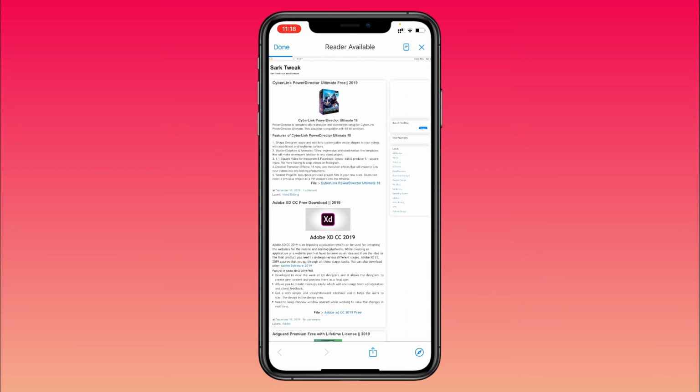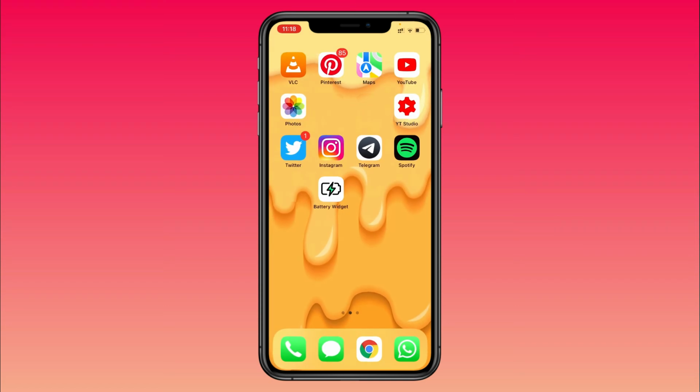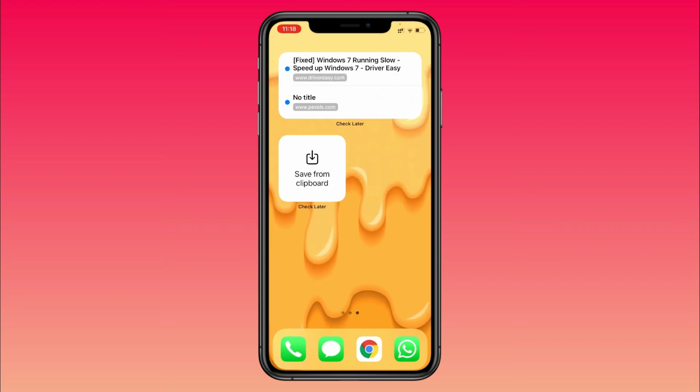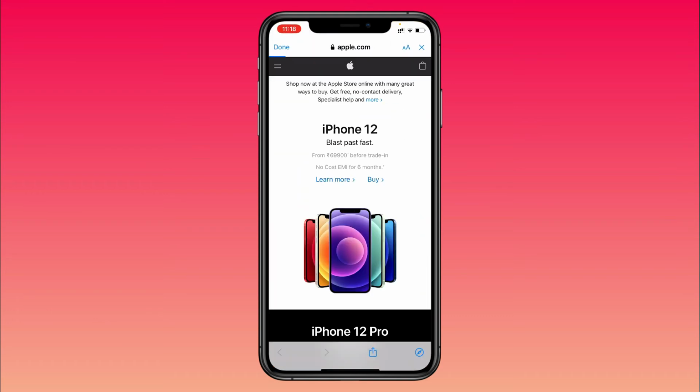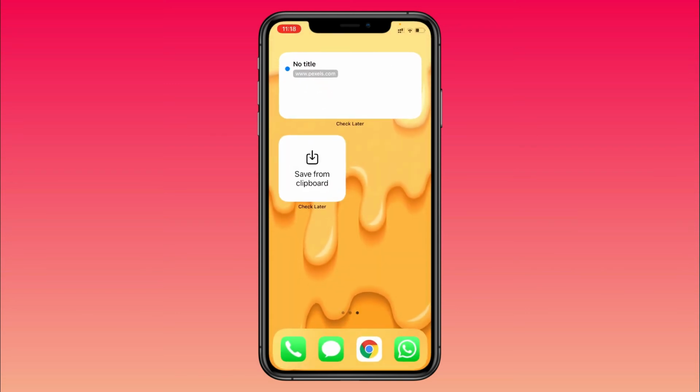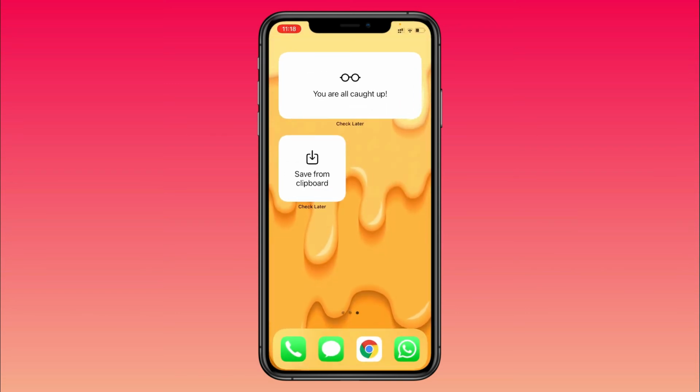Now when you tap on it, it will open it on Safari. You will have here the widgets that come with this app. It has like 4 different widgets. You can see right here it shows you the links that you didn't open. So if you just tap right here and open that link, you can see that it will be removed from the widget right there, and it says that you are all caught up.